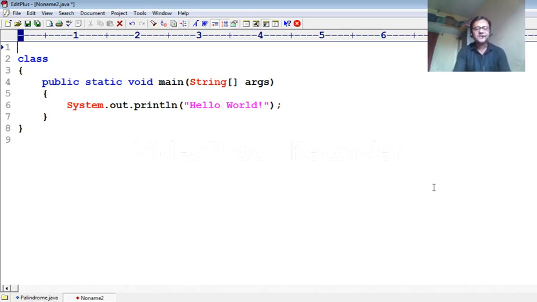So you know very well, first you need to import a package, either IO or util, as per need, whatever you want to use, either BufferedReader or a Scanner. So I am going to use the java.io package in this video. So import java.io.*, and after that, class declaration. So the name of the class I'm going to use here is PrimePalindrome.